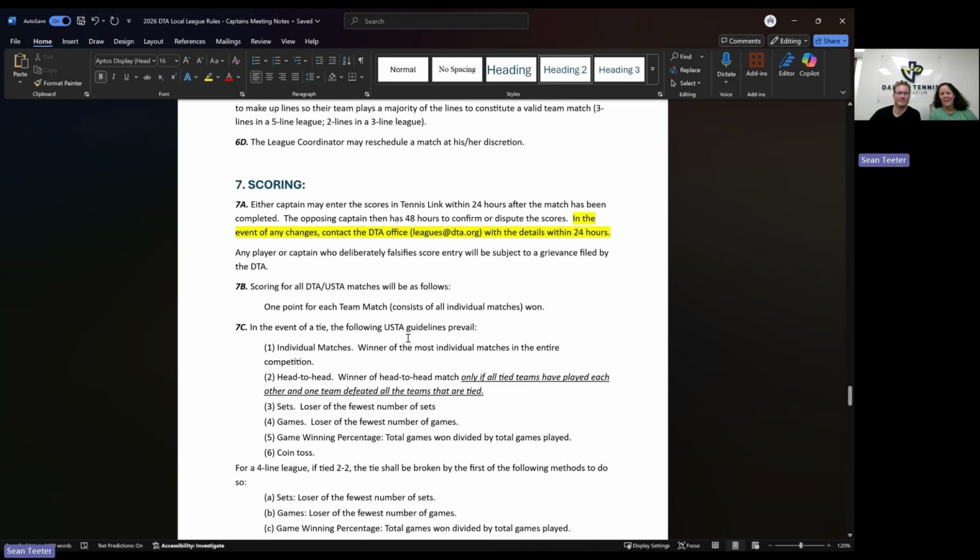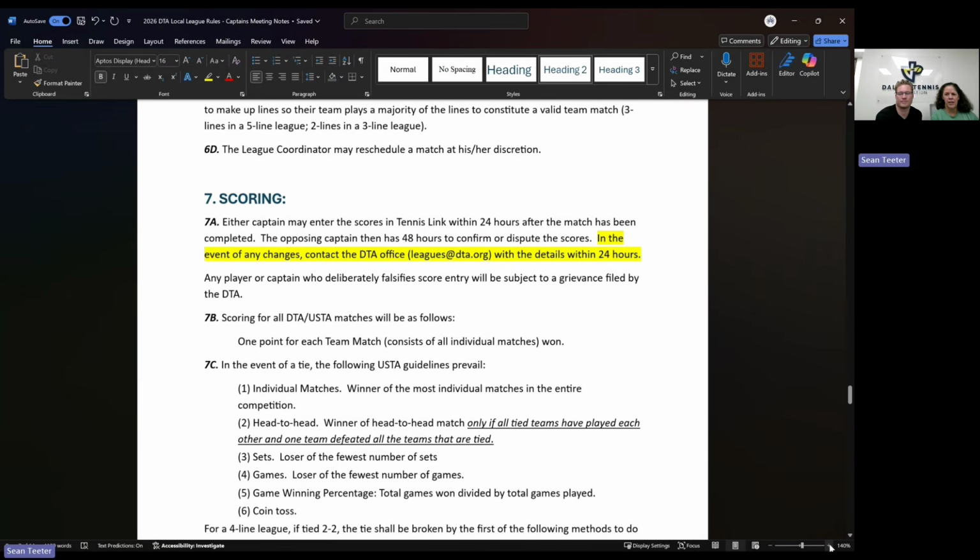All right. When it comes to score changes, I am constantly getting requests to change scorecards. So here's what I need. First, it needs to be within 1 week of when the match was played. If you email me 3 months later and say, hey, this score was wrong or this player's name was wrong, that's beyond a reasonable time.